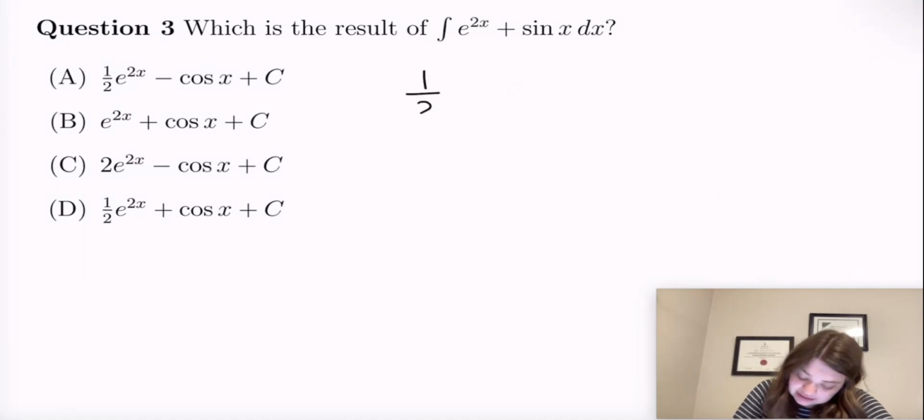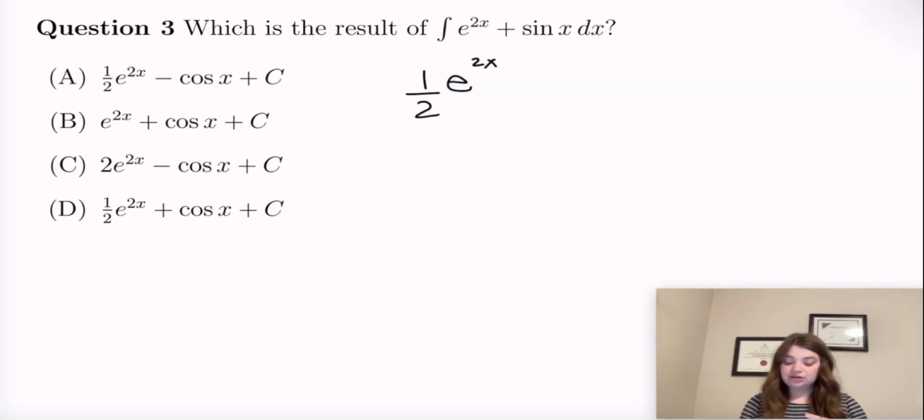That would be 1/2 times e to the power of 2x. Because recall that if we take the derivative of e to the power 2x, what do we get? We get e to the power of 2x times 2. So we have to have the 1/2 here to combat that, so that when we take the derivative of this,